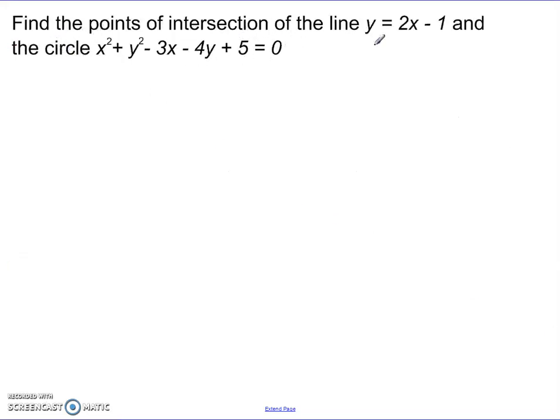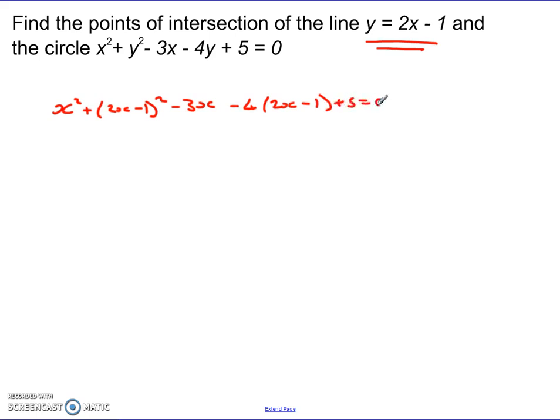Find the points of intersection of the line y equals 2x minus 1 and the circle x squared plus y squared minus 3x minus 4y plus 5 equals 0. Now, step 1 was to get the equation in the form y equals mx plus c. We've got that already. Second step was to substitute this into here. So we've got it for y, put it into the equation. So I get x squared plus (2x minus 1) all squared, take away 3x, take away 4 bracket 2x minus 1,